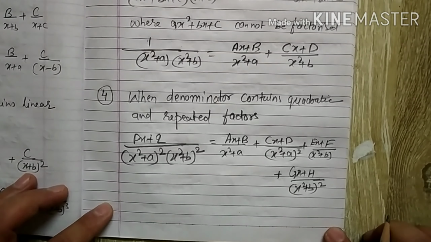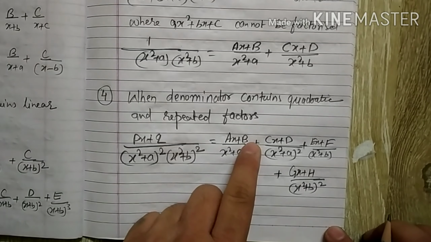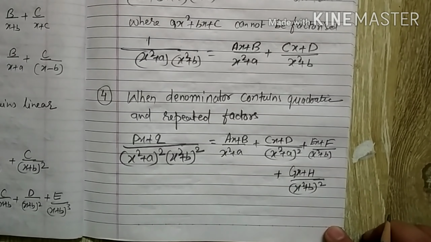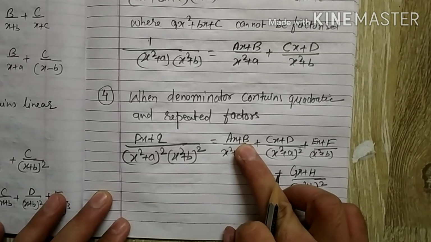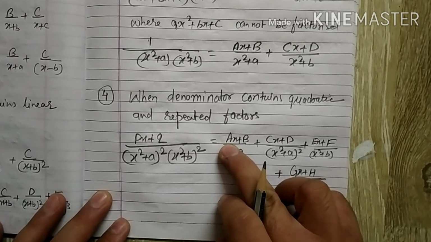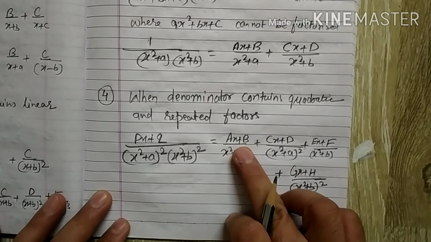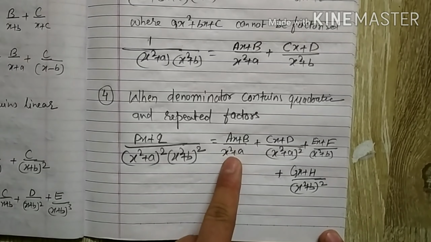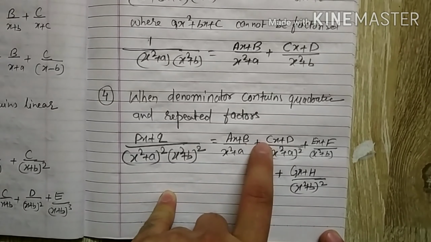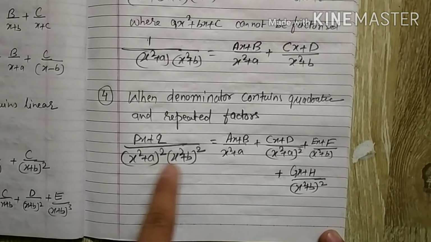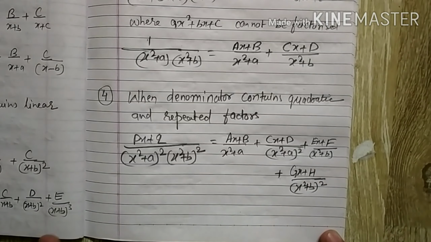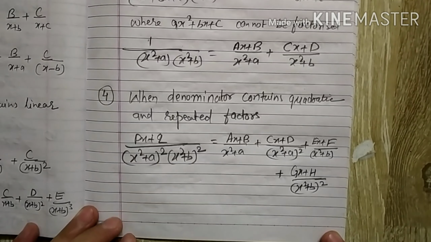My dear students, I want to tell you one more thing. If you want to keep this x with b, you can. If you want to write it with a, you can. But any one, not with both. You have to write it with any one. I hope you understood: ax plus b, cx plus d, repeating means this repeating. Here we were observing 4 factors, so there are 1, 2, 3 and 4 terms in the partial fractions. I'll take some examples so that you can understand well.